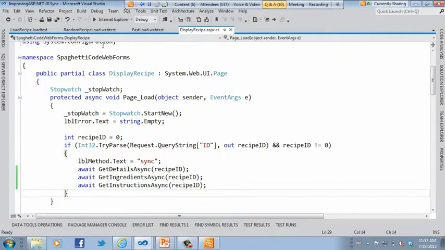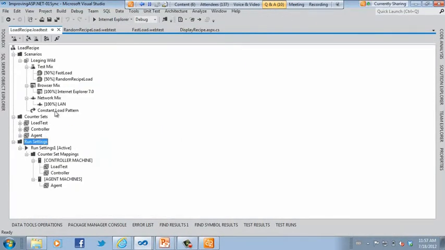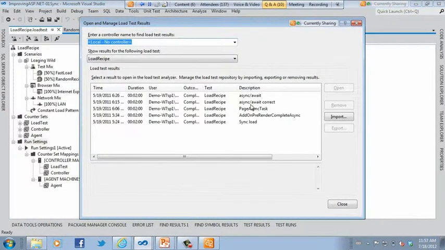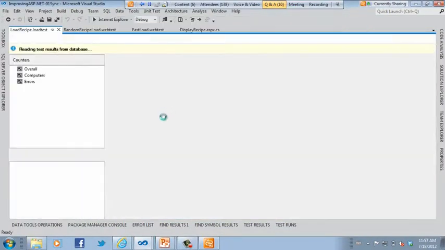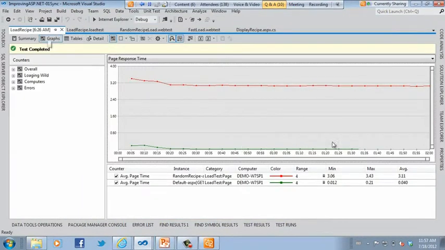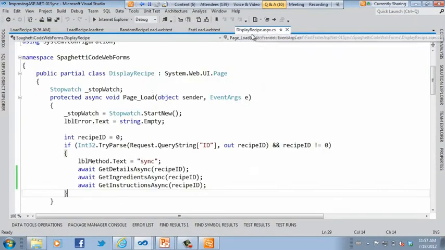If we go and look at the test and look at the managed results, we will see that the async await, when you run it, will have the flat line like we had for page add-on pre-render async complete, and we have exactly almost the same values up here. So this is not the way to do it, at least in the case that you want those to be run in parallel. So the way to solve that, instead of having this, we will do something like var